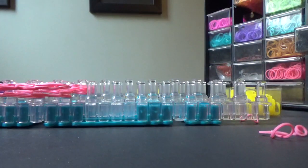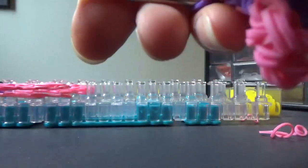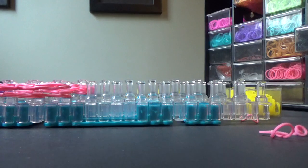For your nose, same thing. If you're using a bead, get it onto a pink band. I don't think we need to double it over. And if you're using bands, I think I'll use...